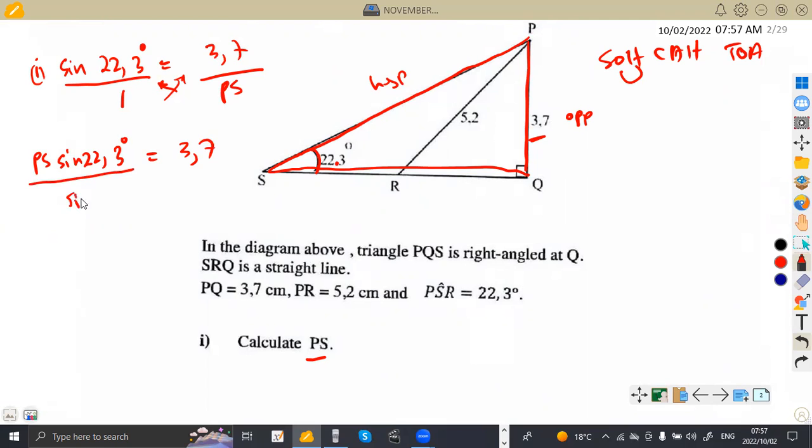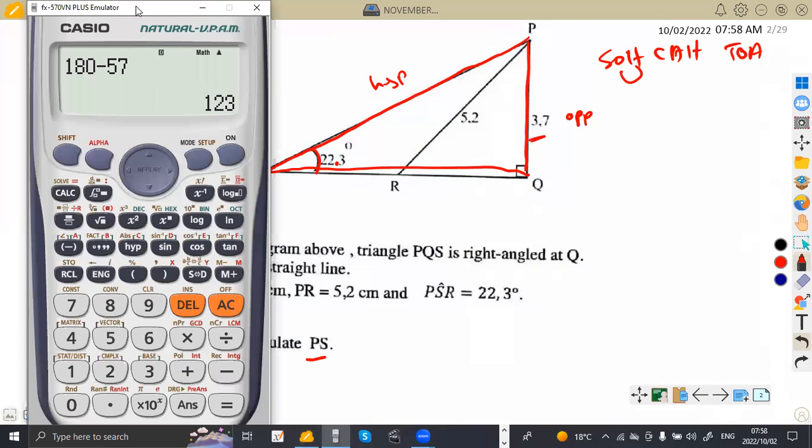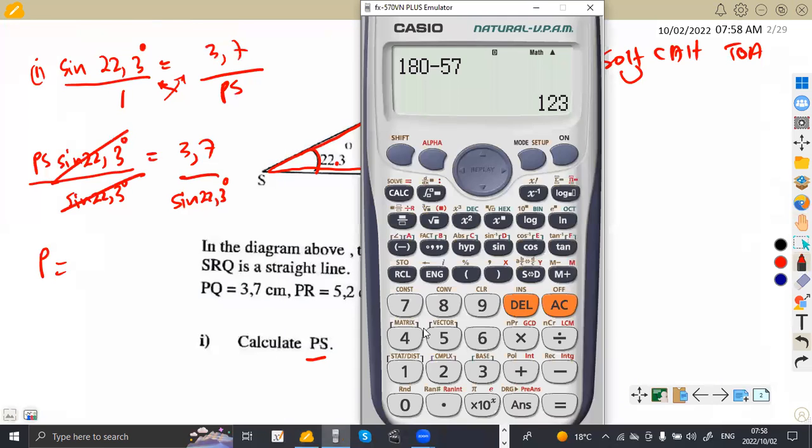So what we do here, simply divide both sides by sine 22,3. Once we divide here, that will be the exact answer that you're going to obtain. All right, so let's see from our calculator what we are going to have from this part: 3,7 divide by sine 22,3 degrees. Okay, we're going to obtain something like